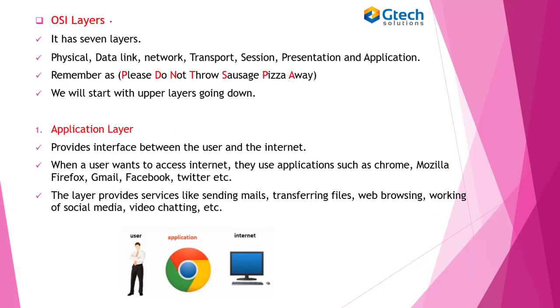OSI layers. Under OSI layers, we look at every layer, understand how each layer functions, the devices that are used in such layers, and so on. There are seven layers in the OSI model. The first one is physical, then data link, network, transport, session, presentation and application. As I said earlier, the best way to remember this is please do not throw sausage pizza away. So let's start with the